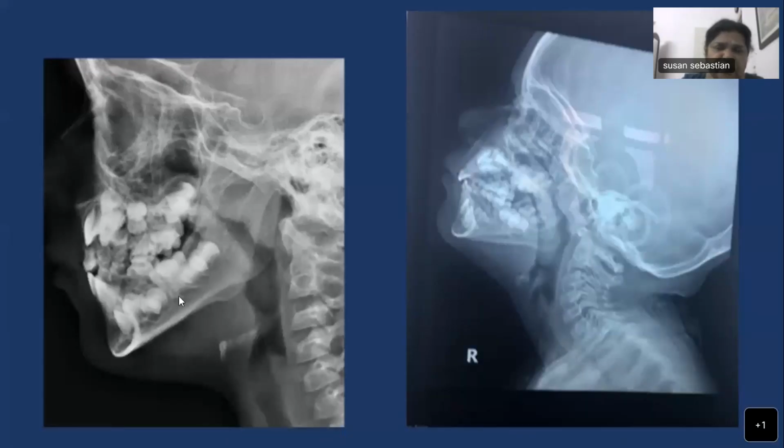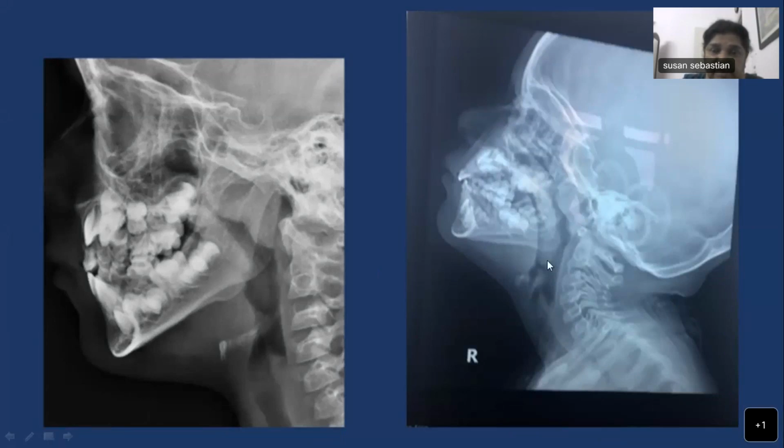So what are the investigations that we have? As we all do generally, the X-ray soft tissue in a lateral view. See, this is a complete obstruction of the posterior choana. Huge adenoids. But in this patient, you see, this is not a complete obstruction. There is some airway there.